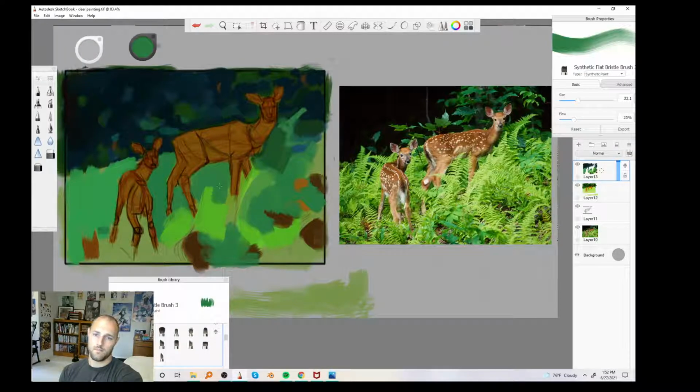Like that. Just looking for these major masses. If I want to come up into the deer, fine. I can always paint over it. And we'll go like that, we'll go like that. Not being too precious. And then we're going to go here. We want to darken some areas down here. I think definitely behind that leg would be good. Then, let's see, maybe we'll blacken that down a bit, darken that down a bit. Go here,